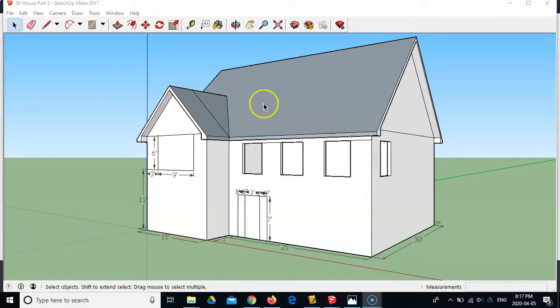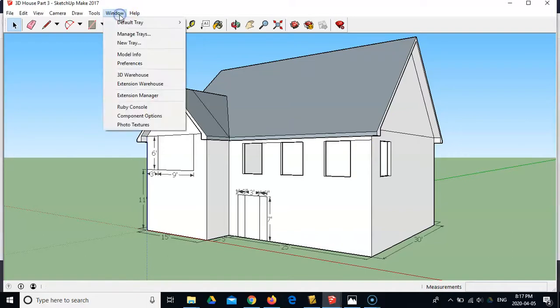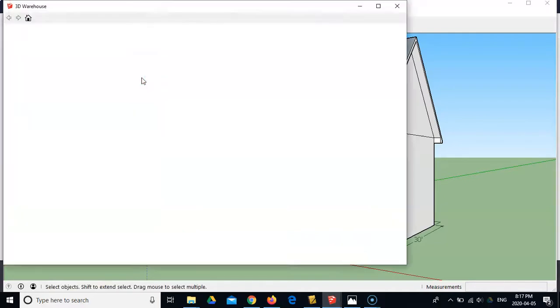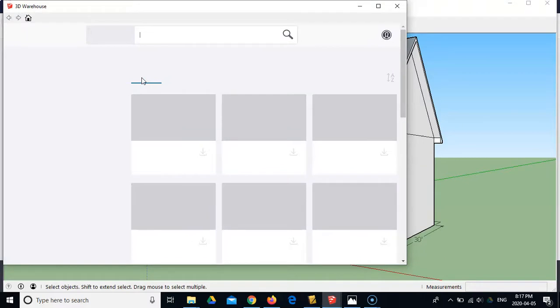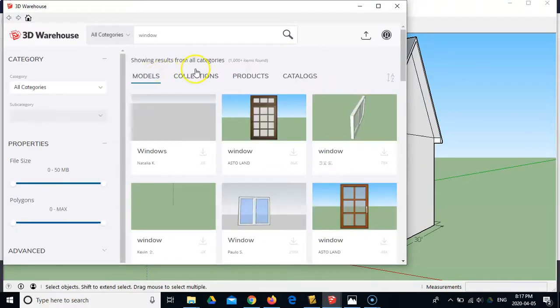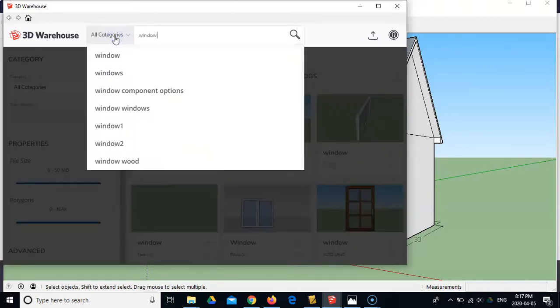So to begin, let's go to Window, 3D Warehouse. I've already signed in to 3D Warehouse, so you might have to. Just sign in using your Google account or Gmail account and go from there. Up in this area here, you want to type in window and press